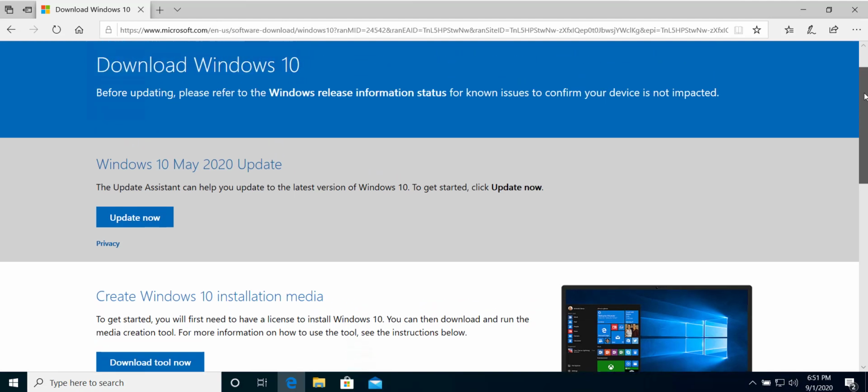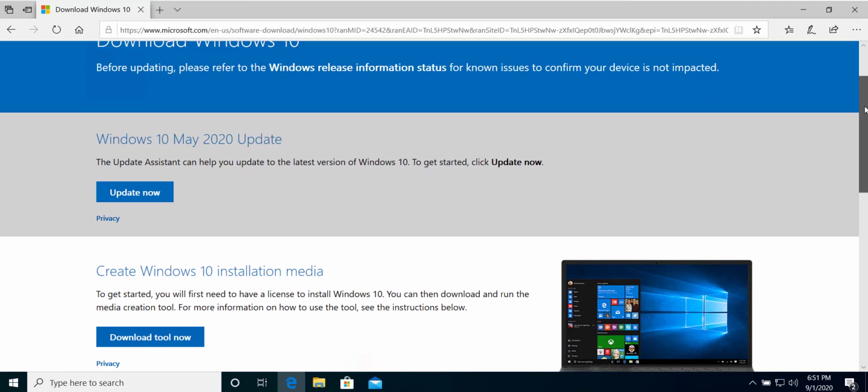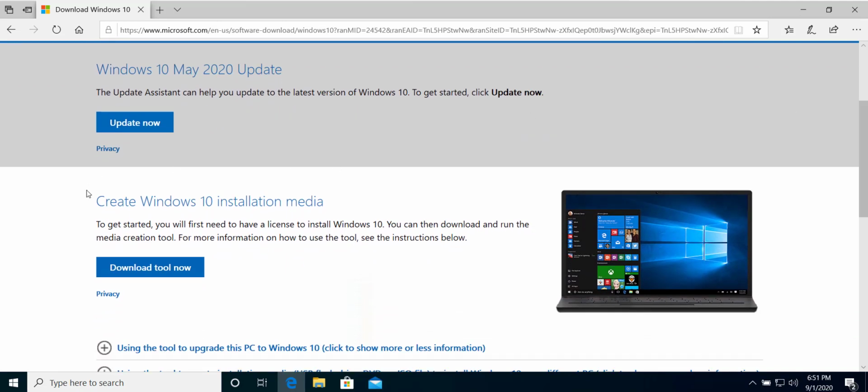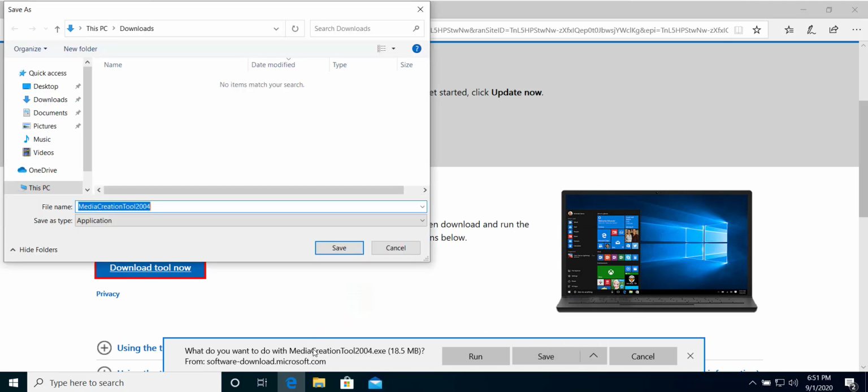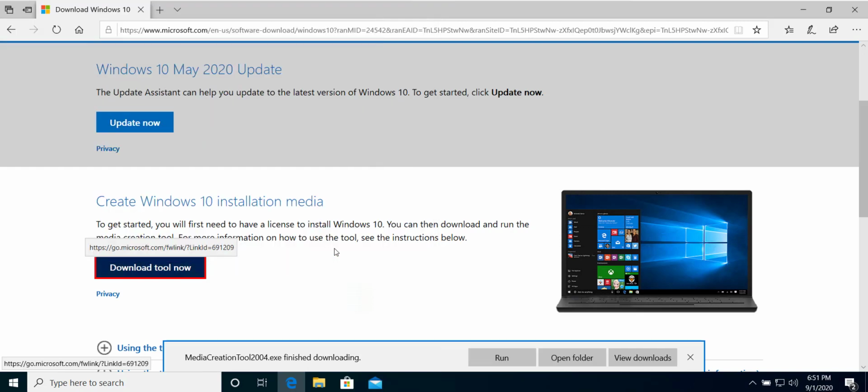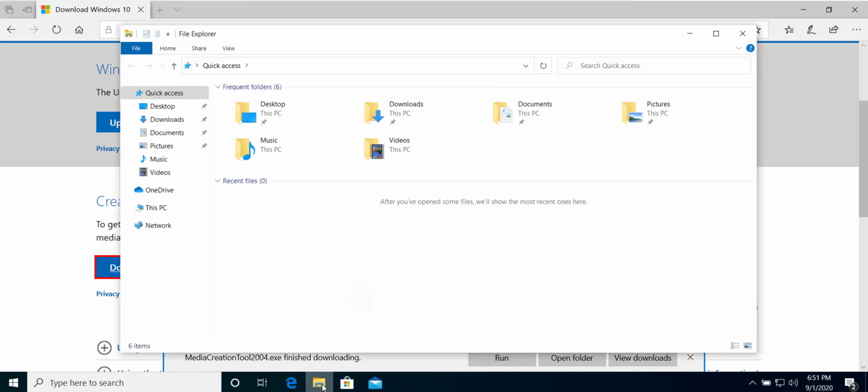So let's start. Once you navigate to this website, you can find the tool here. It's a creator tool, so you can click on download tool now, and then you can save it. You can see the name of this tool: Media Creation Tool 2004. I will save it in the downloads. Click Save. It is a very small tool. Then I can navigate to the folder